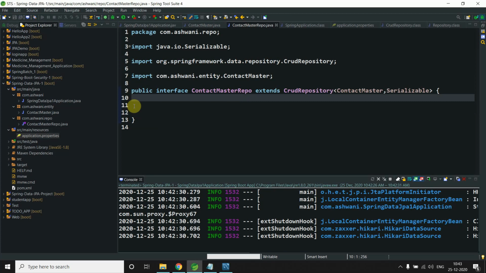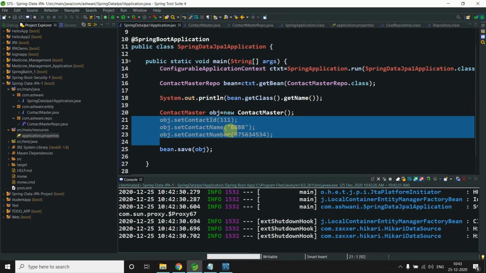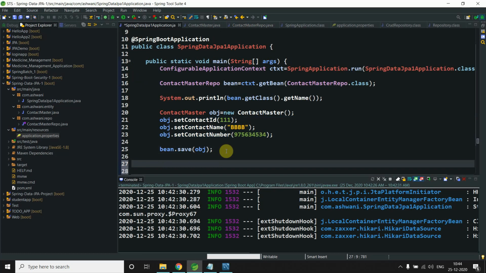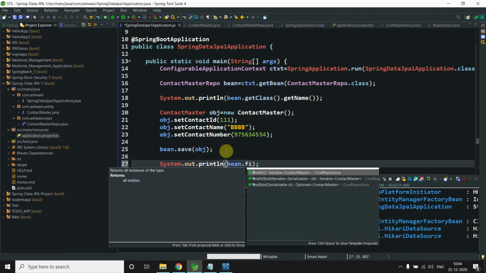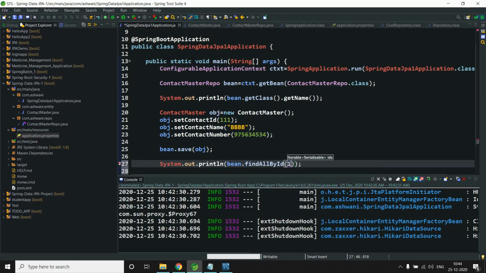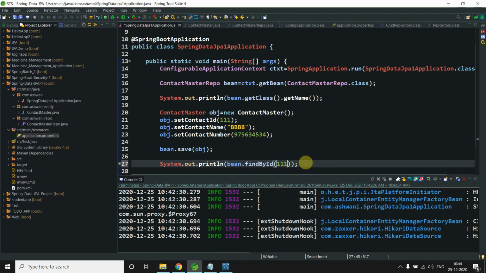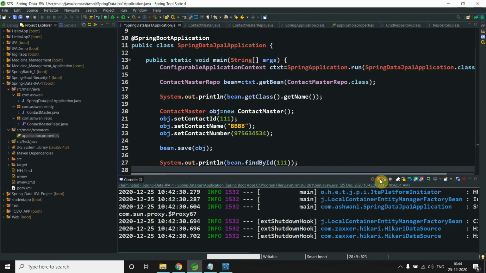You can make your own method also, like findByName, or I want to call findById here.